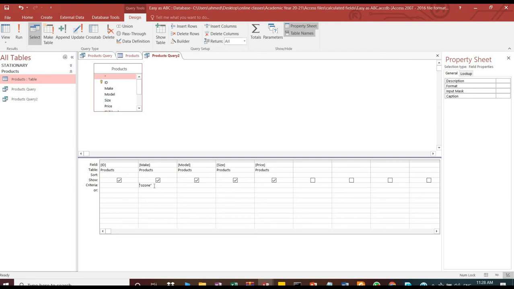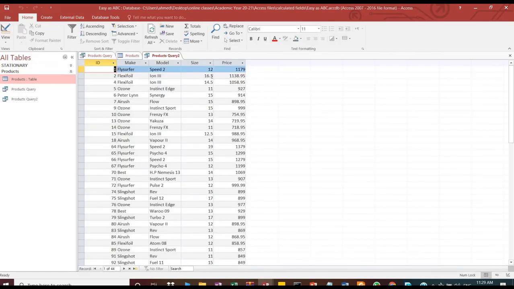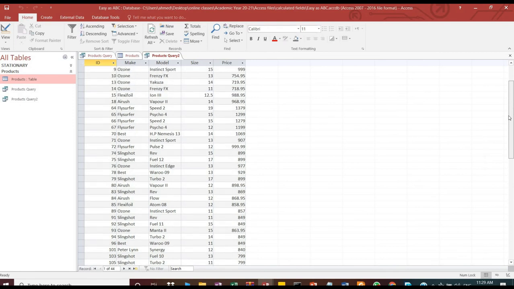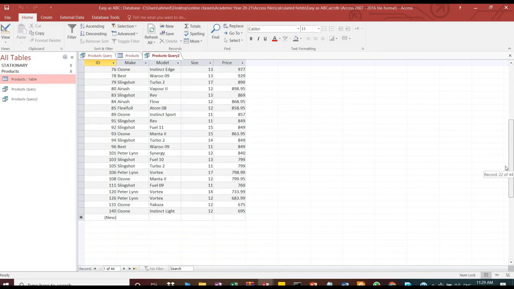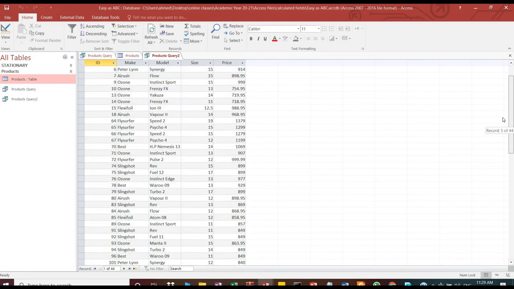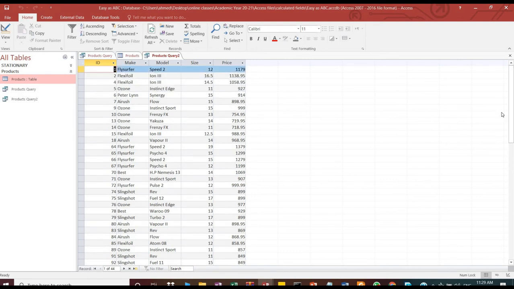If I want to add the criteria against size, for example, I want to write here size greater than 10. So now the result will be retrieved against size. When I will run, you can see here all the values are greater than 10. Yeah, none of the value is equal to or less than 10. So all of the values which have been retrieved as a result of query are greater than 10.